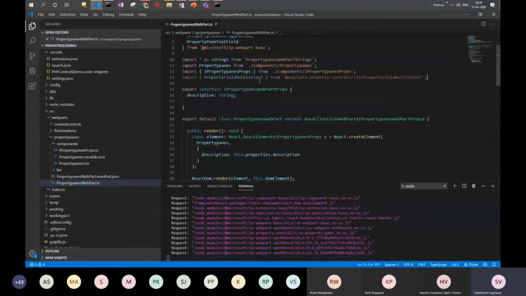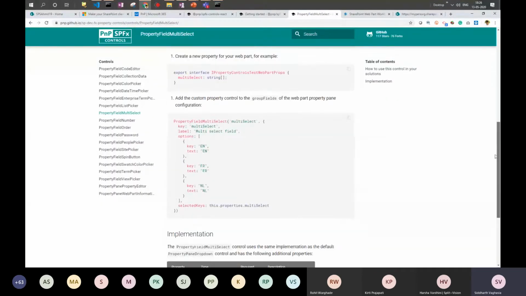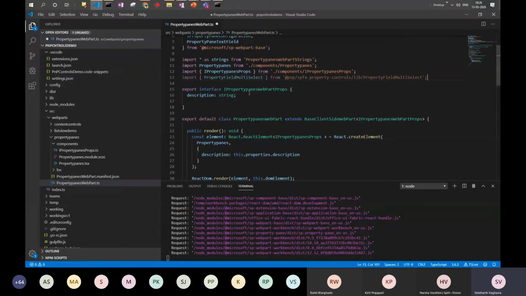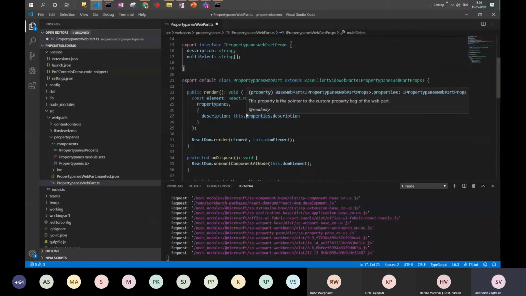I already have the import available. The next thing is using a property to hold the data which has been selected by the user. So this is multi-select.